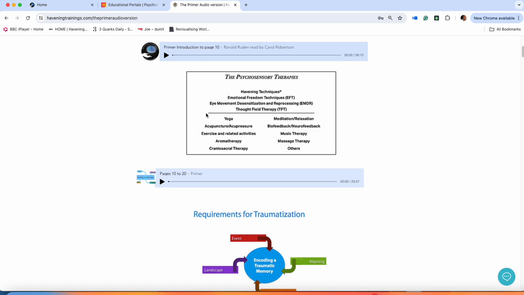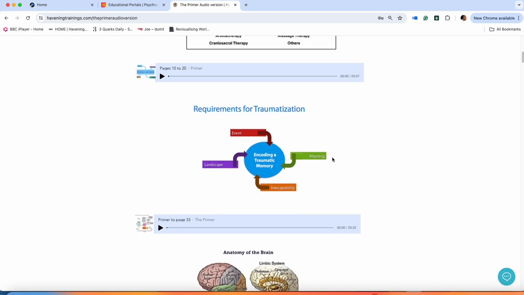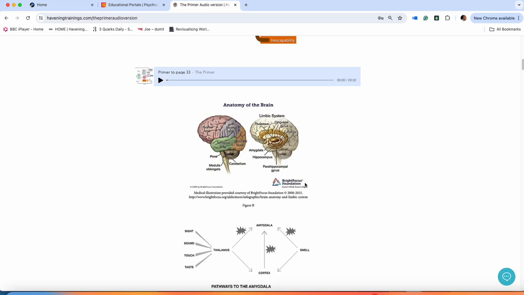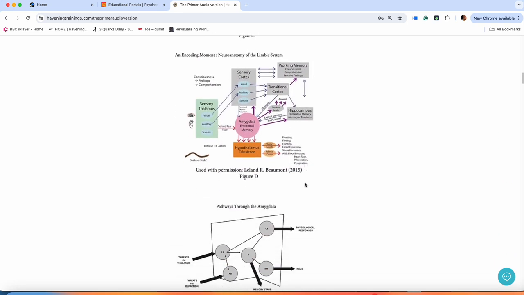And what's slightly different? Why are these psychosensory, but why are they different? Requirements for traumatization. That's just what I was talking about when I was talking about Emily. So event, meaning, landscape, inescapability. Really useful to know, because these are the 4 things that come together for this type of super fast learning to take place. Like I say, all the illustrations are here, so you can be looking at the diagrams and